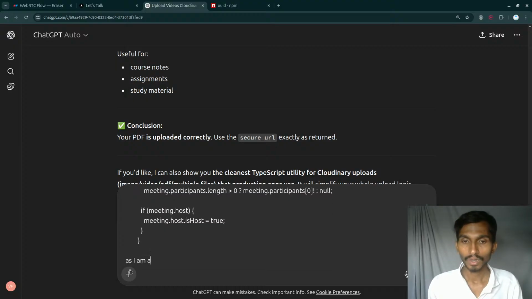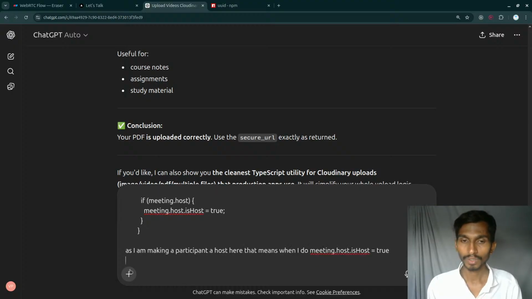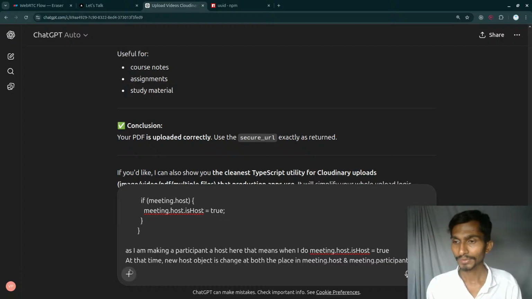As I am assigning a participant, as I am making a participant a host here, that means when I do meeting dot host dot is host equals true, at that time the new host object is changing at both the places, in meeting dot host and in meeting dot participants too,